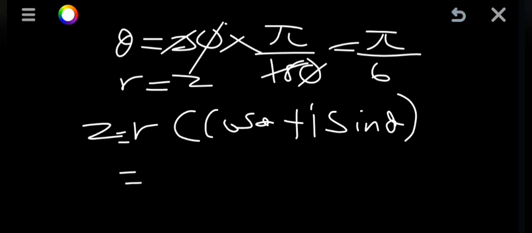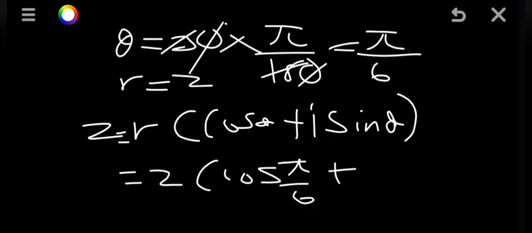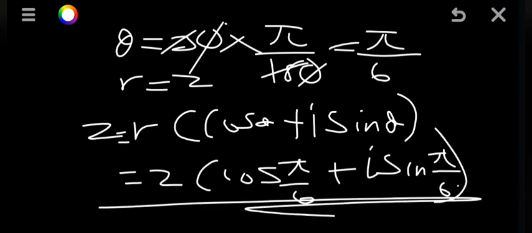So r we have, which is 2. The theta we have, which is pi divided by 6. Even here we have the same angle, which is pi divided by 6. So that is how you are supposed to express this answer in polar form. Let's try to look at